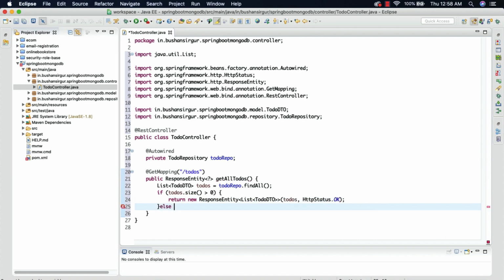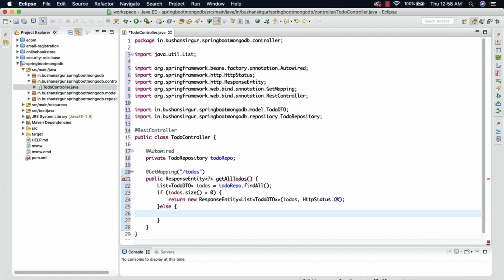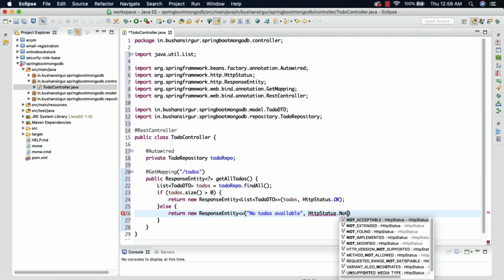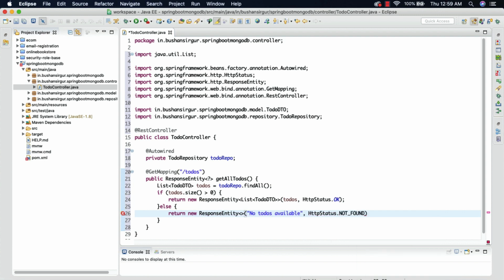If the size is less than 0 or the list is empty, then we're going to return a message ResponseEntity, no todos available, and the HTTP status, I'll set this to NOT_FOUND.